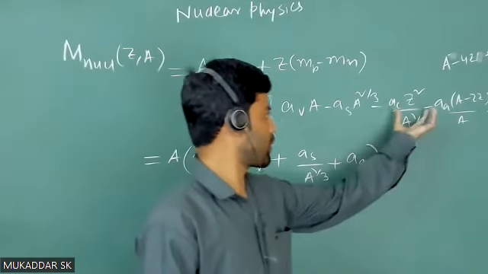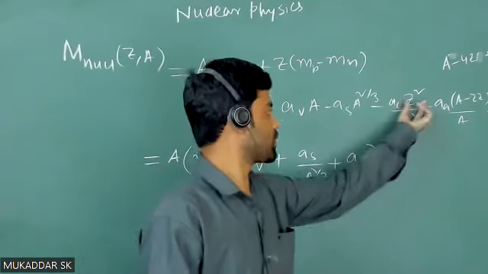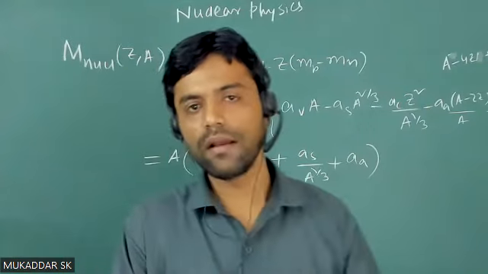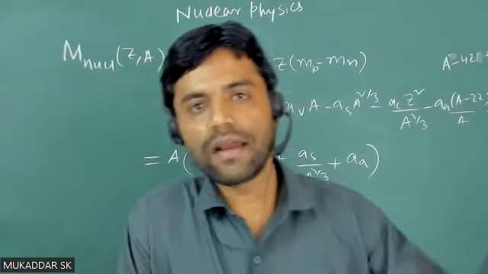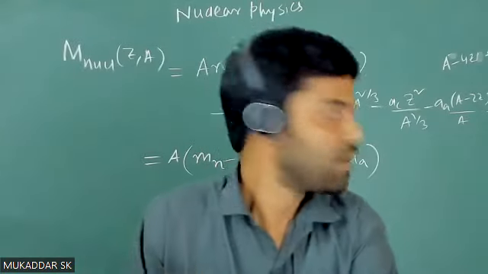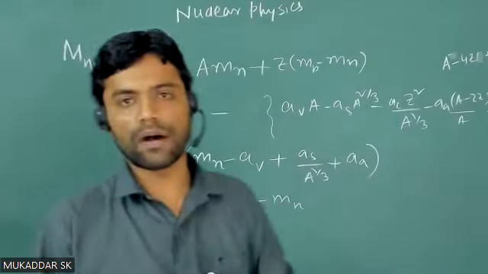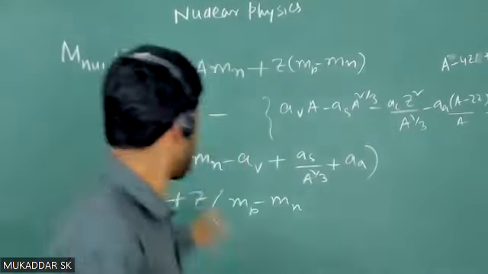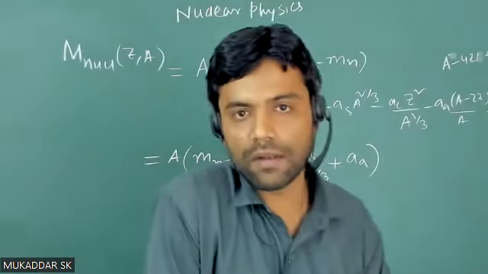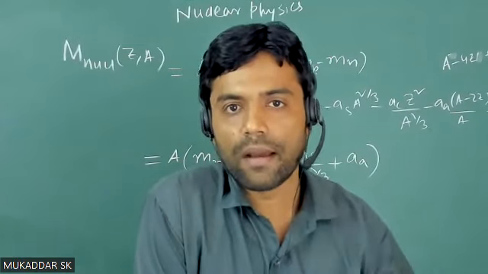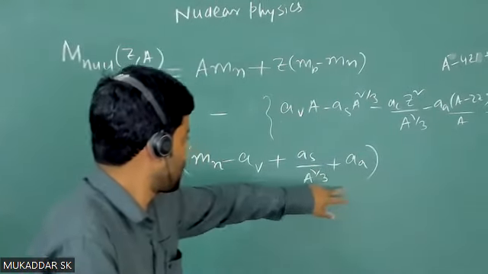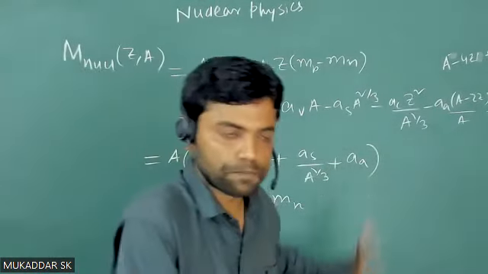She asked that question. Why I'm not taking this number? Because यहाँ पे आपका क्या है? z square है. ठीक है ना? Why I'm not taking z square term? Because again I'll come to mass parabola. I'll fix that mass number, but z will be varied. तो जब आप पार्टिकुलर मास पैराबोला में आते हो, मास नंबर फिक्स करते हो, मतलब ये वाला टर्म आपका फिक्स्ड हो गया, तो यहाँ पे आप वेरिएबल नहीं रख सकते हो, क्योंकि आइसोबैरिक फैमिली या मास पैराबोला में मास नंबर फिक्स्ड है, बट Z नंबर वेरिएबल है। तो यहाँ पे आप Z वाला टर्म को नहीं रख सकते हो, क्योंकि दिस इज योर कांस्टेंट टर्म।